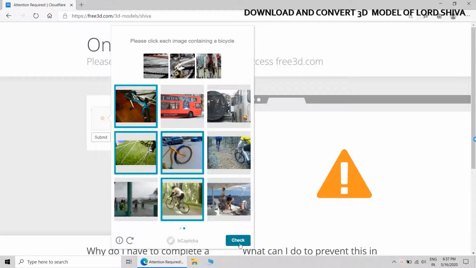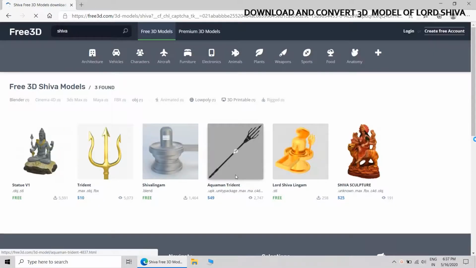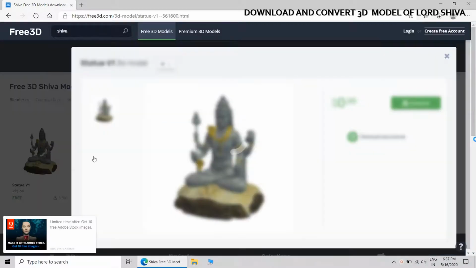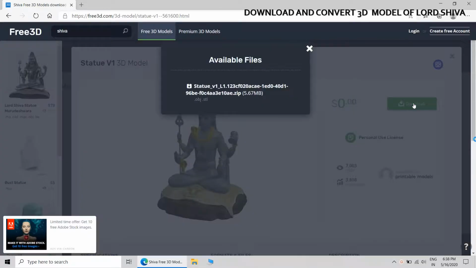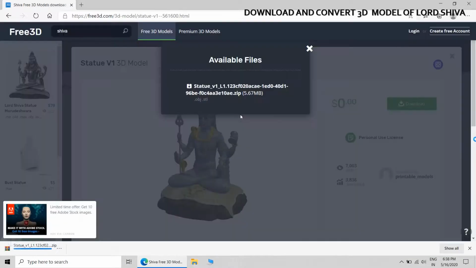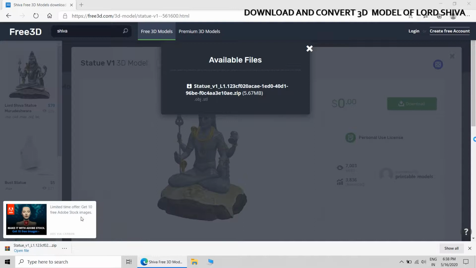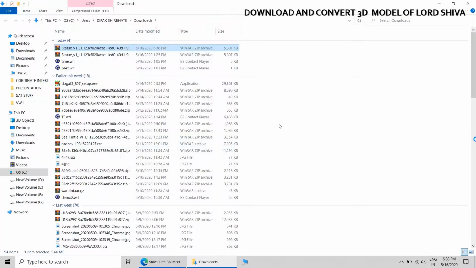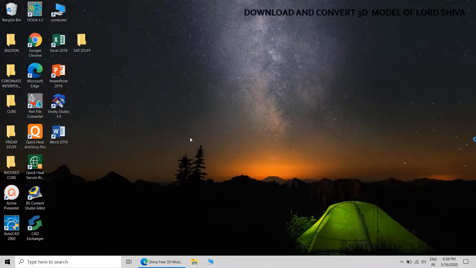Modeling these types of shapes is not very difficult, but it consumes a lot of time. Somebody has already taken the pains of modeling these statues, so we can directly use this. It will be available in zip format.